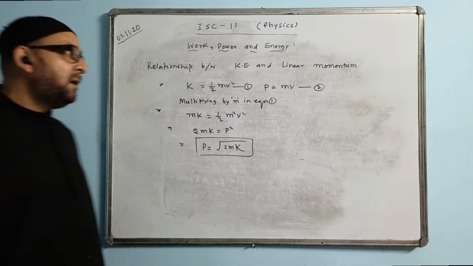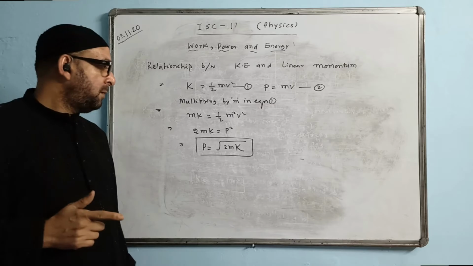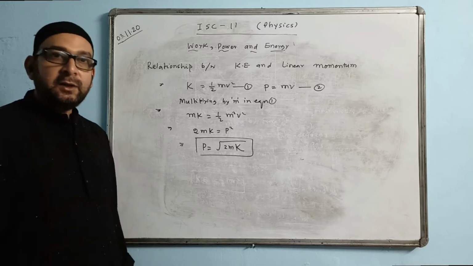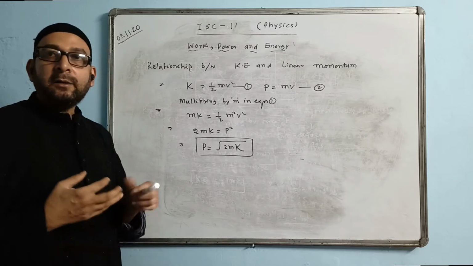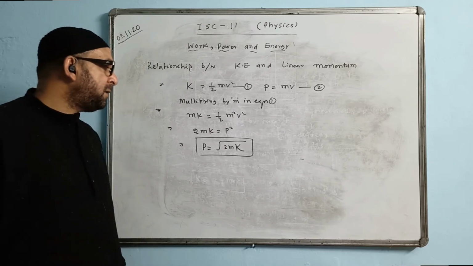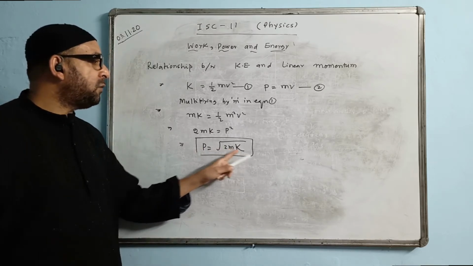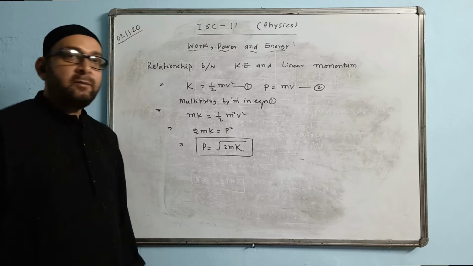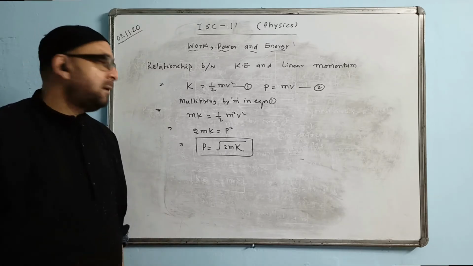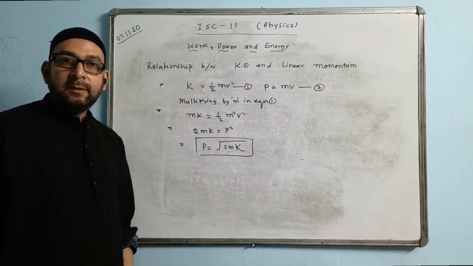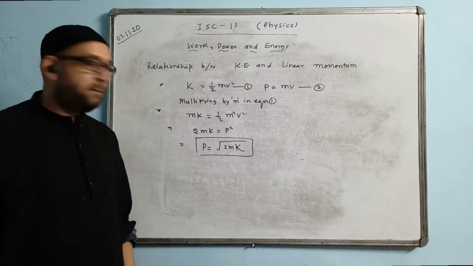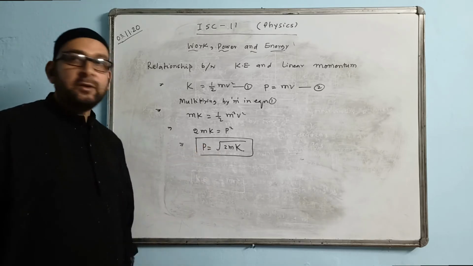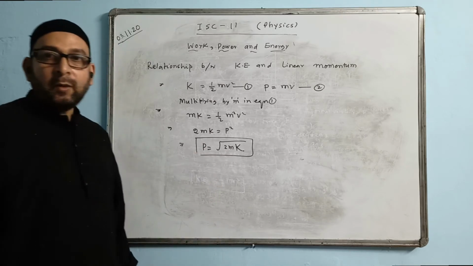Another question they ask is like this: a car and a truck have the same momentum, which will have the larger kinetic energy? Momentum is the same. M and K, how are they related to each other? They are inversely proportional to each other. Lesser mass will have more kinetic energy, and more mass will have less kinetic energy. We will say the car will have more kinetic energy, since its mass is less than the mass of a truck. So this equation becomes important in that context.